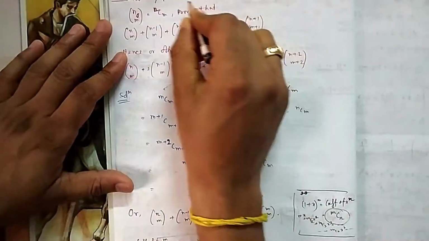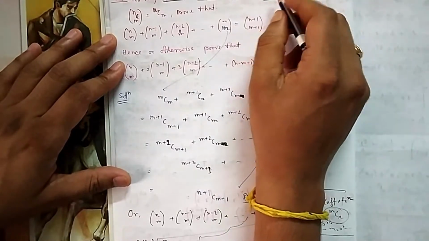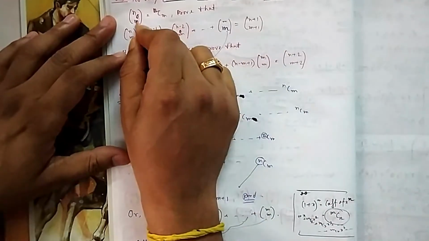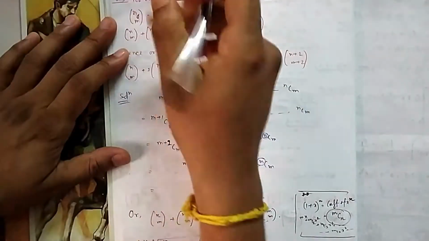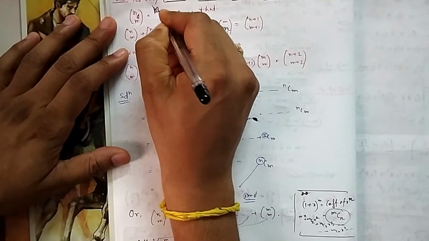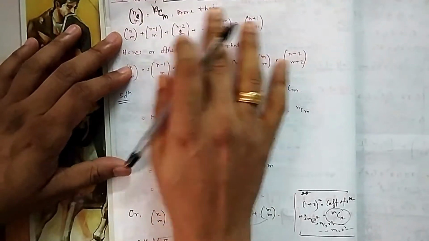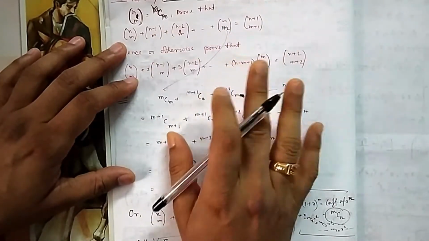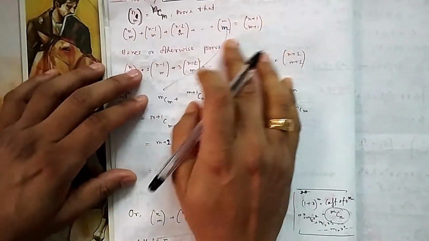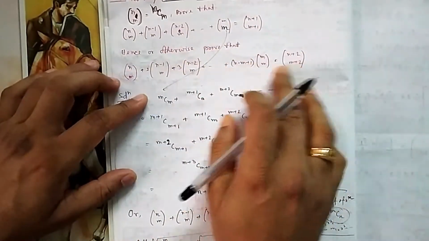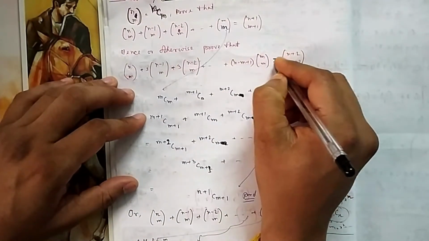For any positive integers m and n, with n greater than m, they have defined here that NCM is equal to this. What we told you earlier, NCM is equal to, they are writing in this way. They may or may not give it in the question, but now you know it. So you have to derive this formula, you have to prove that this is equal to this, using this, hence or otherwise you can use any other, you have to derive this one also.